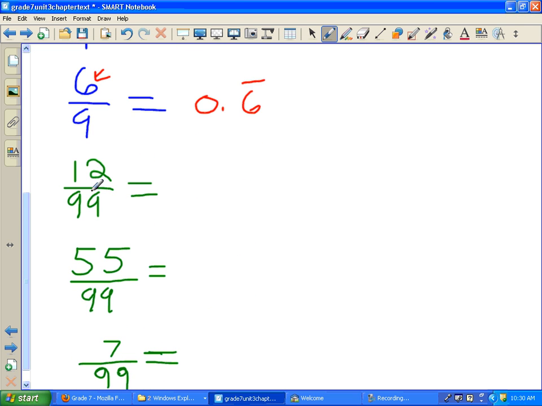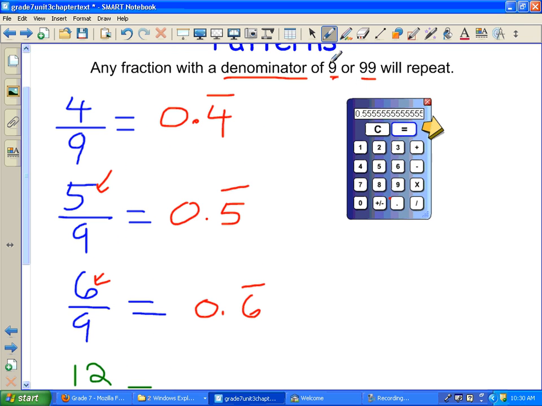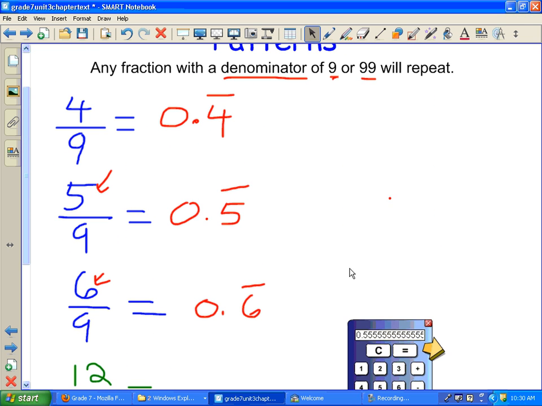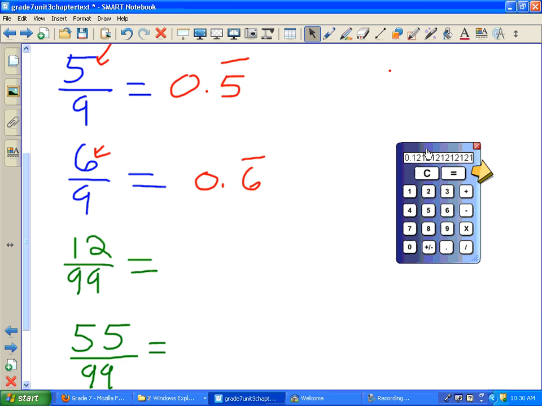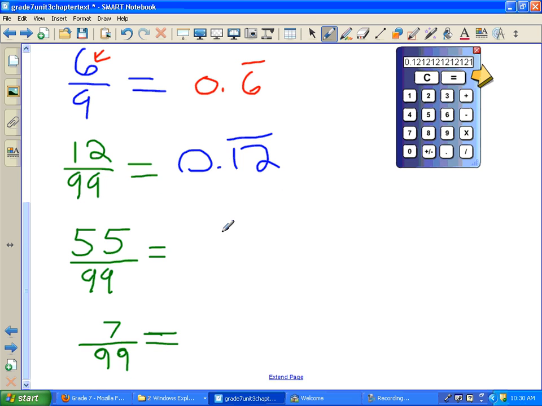The same applies with 99. So if I take this and go 12 divided by 99, look at that, 0.121212. So I end up with 0.12, and that keeps repeating. So I bet you can guess already what the pattern is. So 55 over 99 is